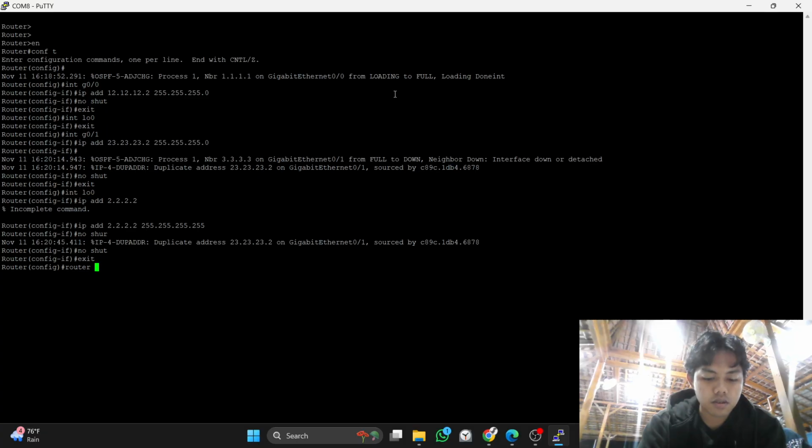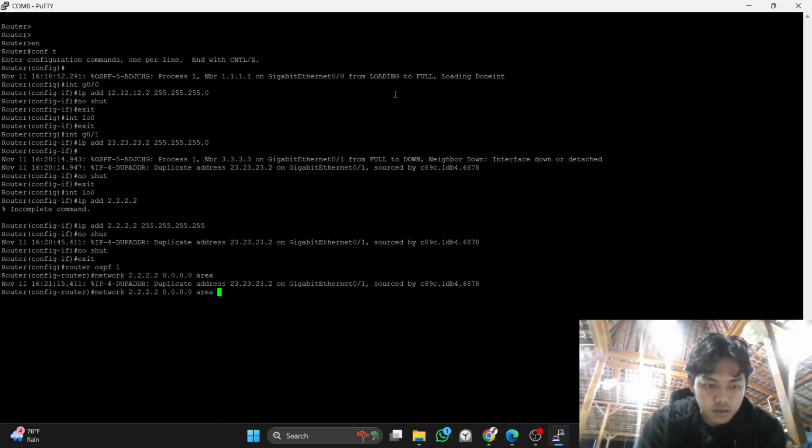Right, router OSPF 1, and then we will advertise the network first for the loopback area 0. Maybe in the MikroTik it's called backbone area 0.